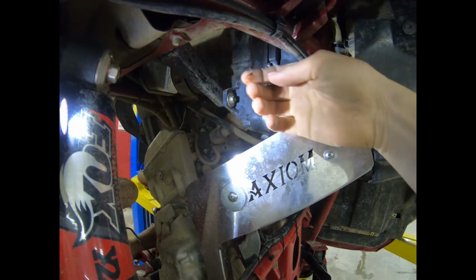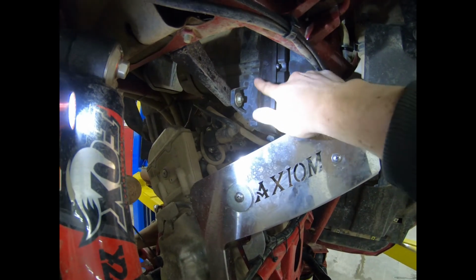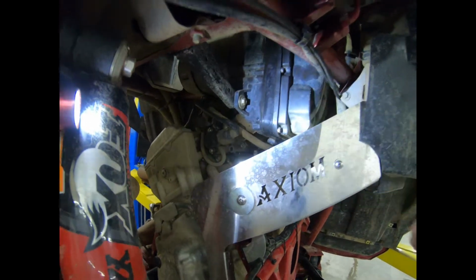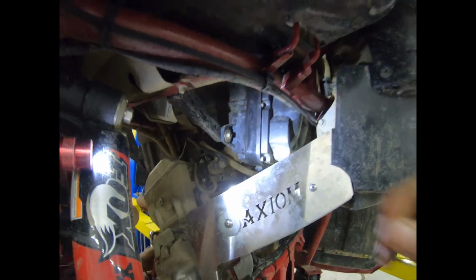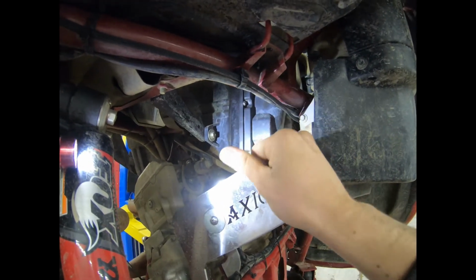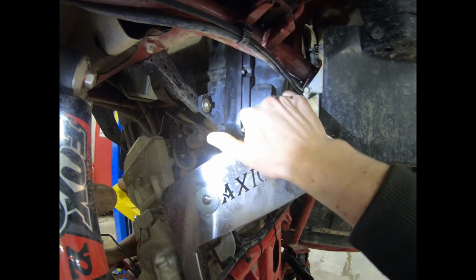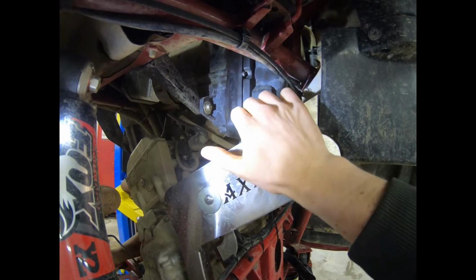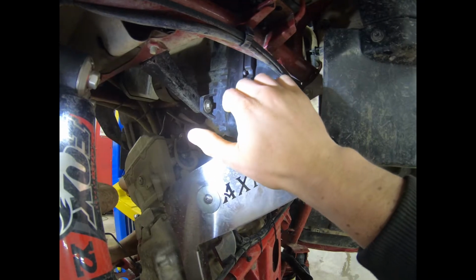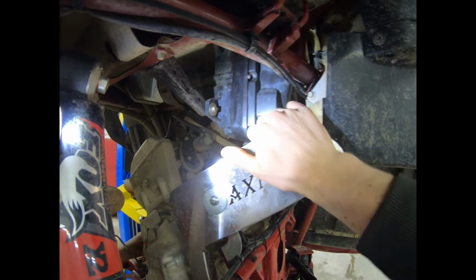Now what I did is I added a little bit of grease. I add grease to everything. I add grease to all my seals, and it just keeps the seals nice and pliable. They don't dry rot or anything like that. I add grease to everything, and it works absolutely wonderful for me. Been doing it for years, and I haven't had a customer come back and complain about any of it. Anywho,